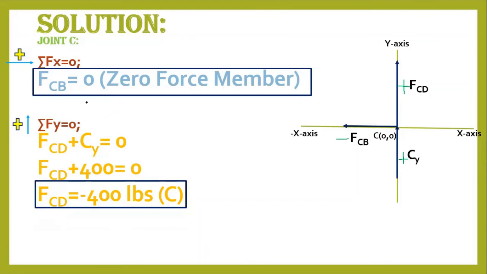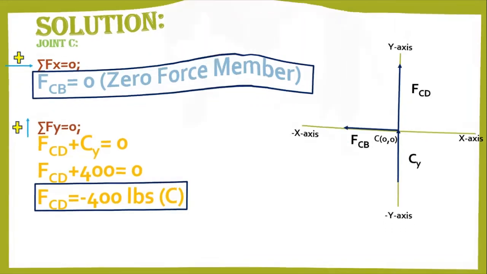This is done. We have calculated two member forces, FCB and FCD, but there were 9 member forces. So we have to calculate all 9 member forces. If I have calculated 2 member forces, it means 7 member forces are left. I am moving towards the